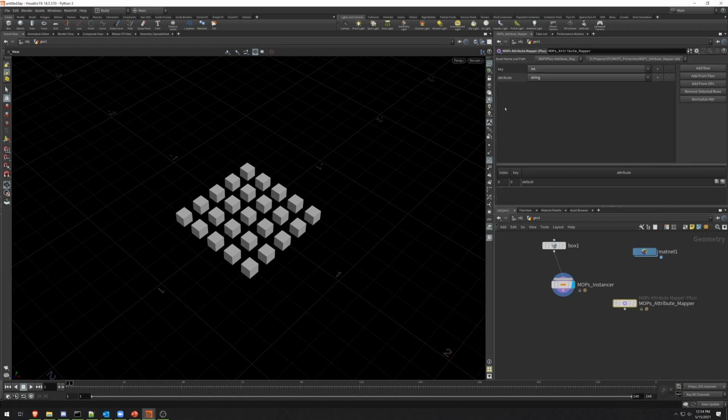So when we first create this thing, we just have a generic attribute called attribute, and it's string type. And then we have this key attribute, which is an integer. And for this first example, we're just going to randomly assign materials, so we really don't need to worry about the key. But what we are going to do is change this string attribute to something slightly more meaningful. This just makes it easier to read. So to change the attribute name, I can just double click here and then type, we're going to call this